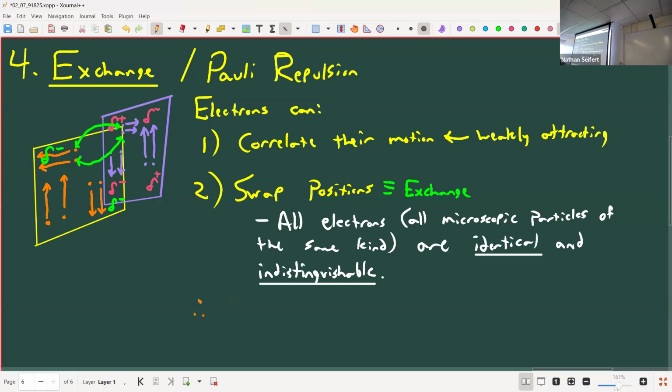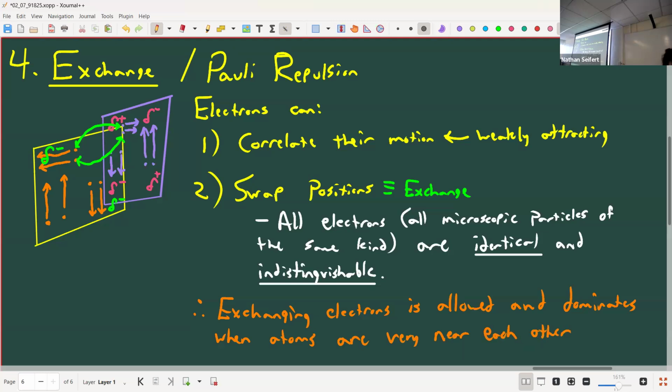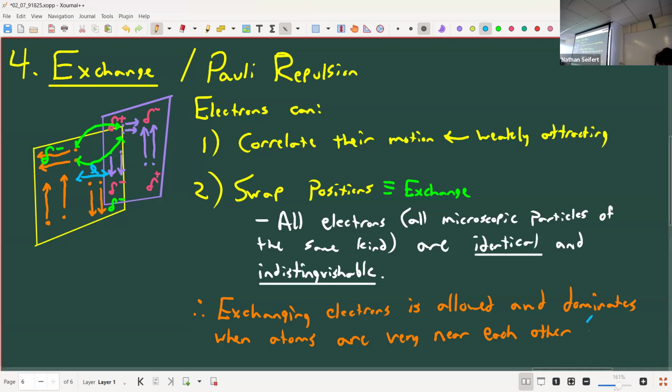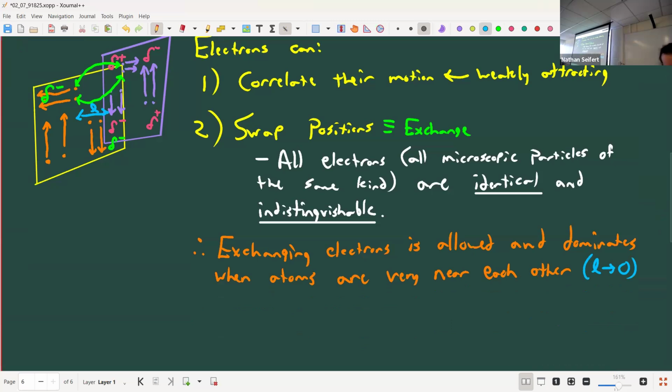So because of this, exchanging electrons is allowed and dominates at close distances, when atoms are very near each other. So as R goes to 0, as the distance goes to 0. If I were to measure the distance between these two plates as L, as L goes to 0, this begins to dominate. And what Pauli shows